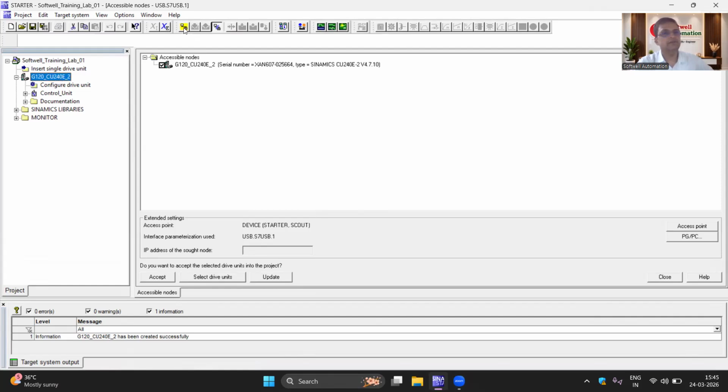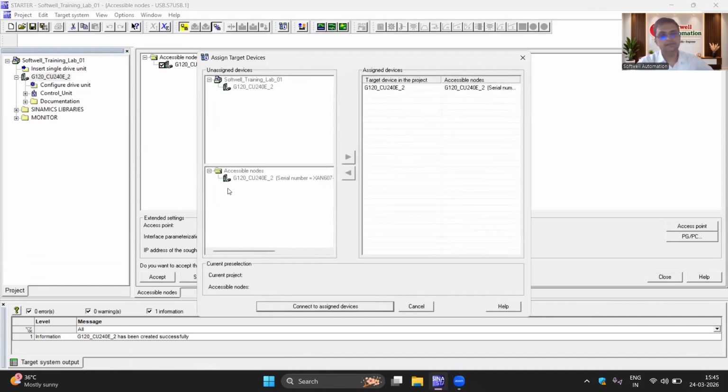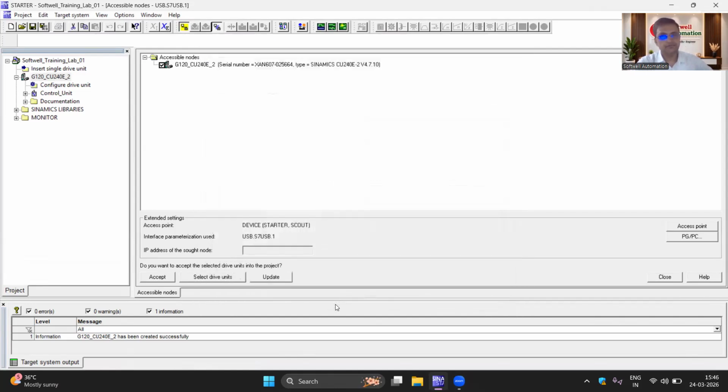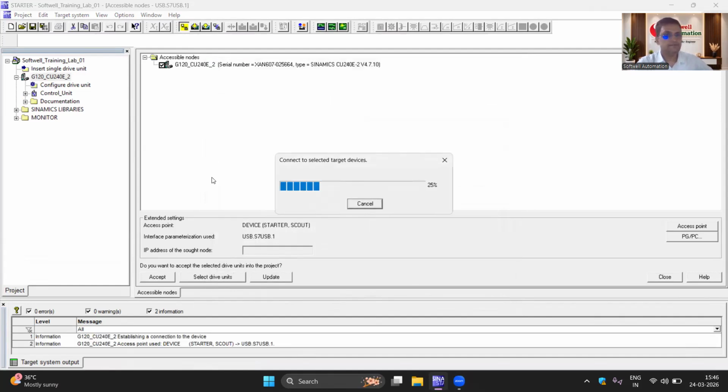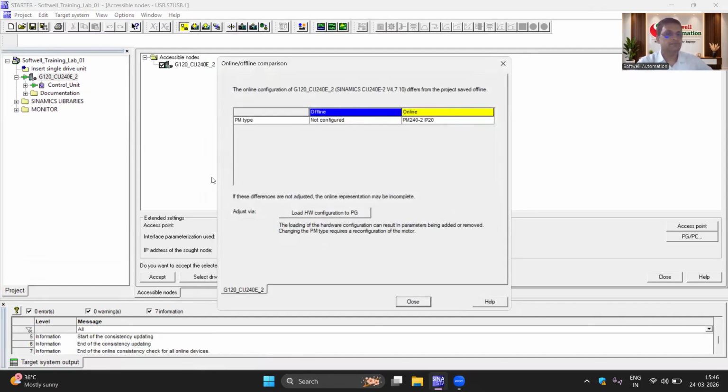And then after, I want to go online, so here the yellow color tab represents connect to selected target device. So just click here, and on the same path we want to go online. So just click here, connect to assigned device. It means connect to this assigned device. The assigned device name is the same here. So just click assigned device, and then after wait for the result.